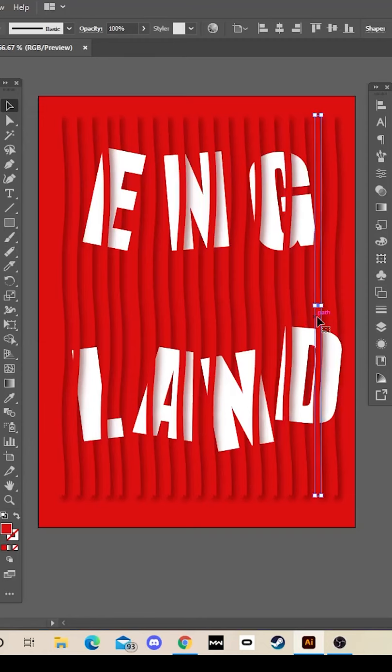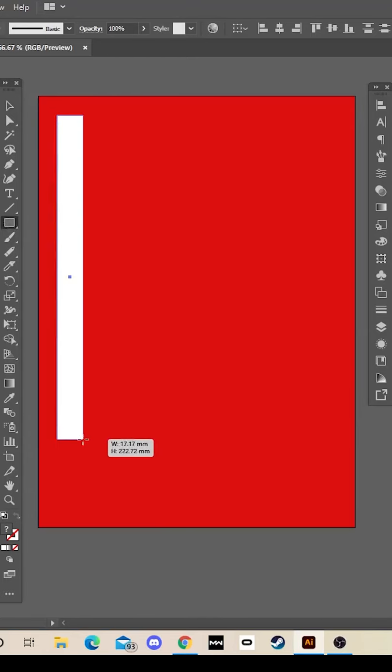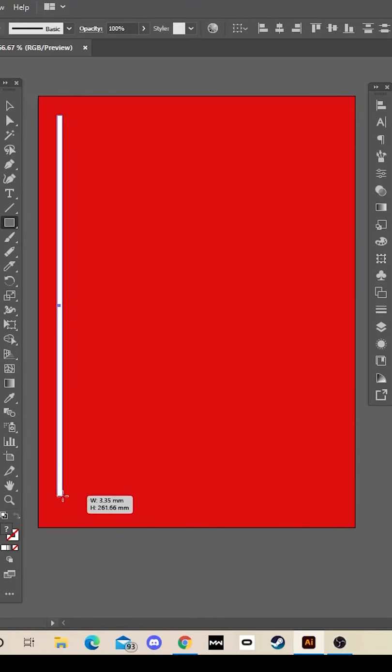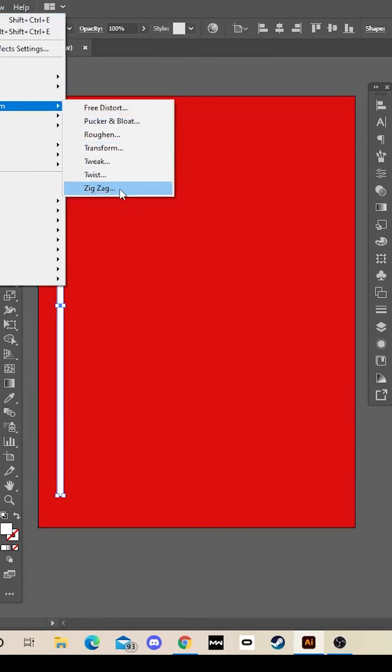Create this effect in Illustrator. I've already set my background to red, and the first thing I'm going to do is draw a long thin rectangle with the rectangle tool like that, and then I'm going to click Effect, Distort and Transform, Zigzag, and